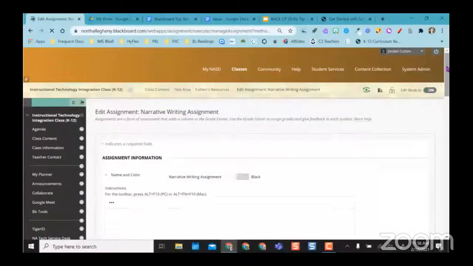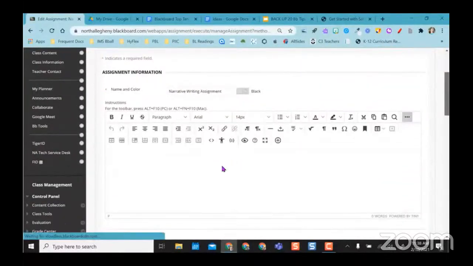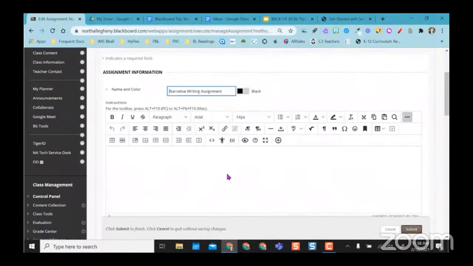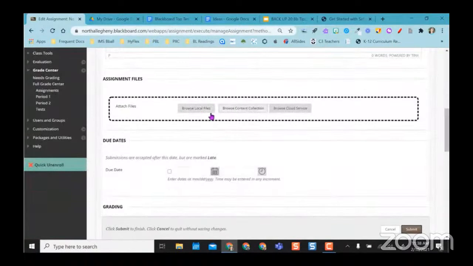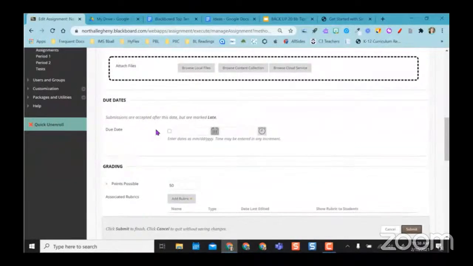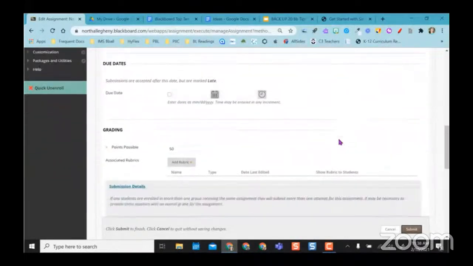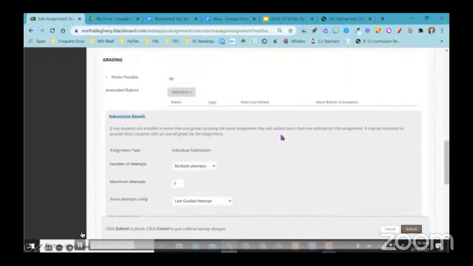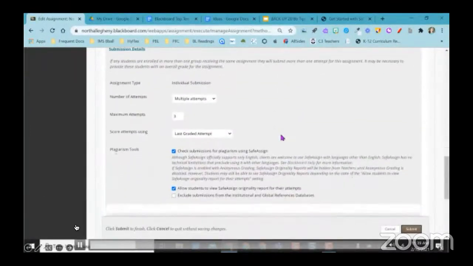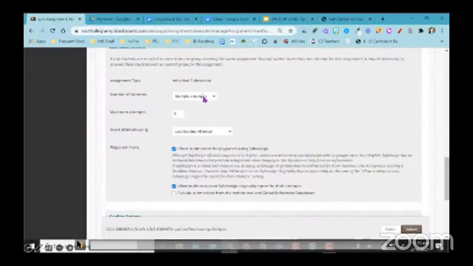So I gave the assignment a title. You can put directions here or anything that you want for the students to access. You can also put files here, like if you had a rubric you wanted to attach, you can pop that in as well. I did not put a due date on this one because I didn't want it to populate to the calendar. I had to add a point value, because you need to have that in order to submit later. I did multiple attempts just in case a student